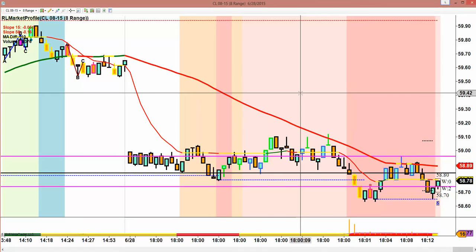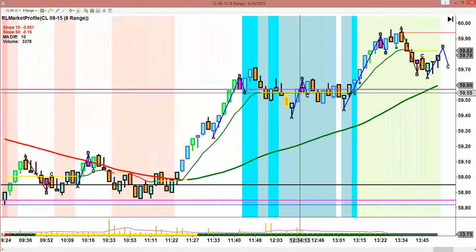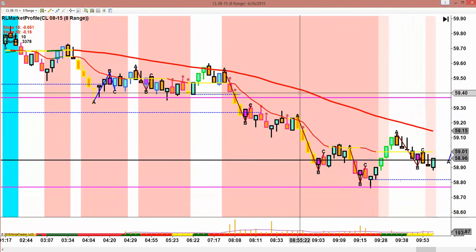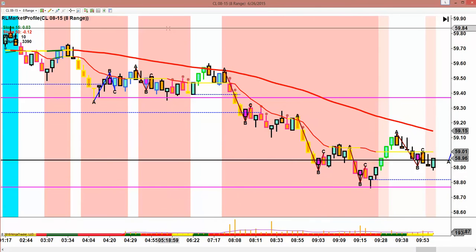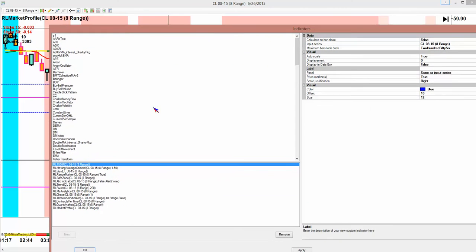So now we have the chart in context. And let's take a look at a full day of trading. So now we have the market profile in the context of trend. And also, now I don't know why this happened, but I just have to fix this because we have the